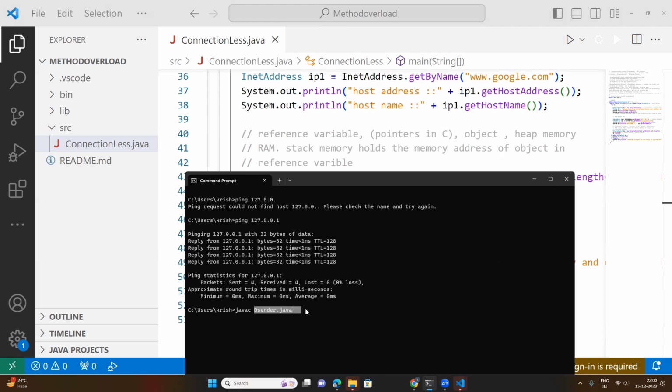If your source file is within the bin folder, there is no need to set anything. But if it is not stored in the bin folder and is stored somewhere else, say you installed your JDK, Java Development Kit, in the C drive and your programs and source files are stored in the D drive,